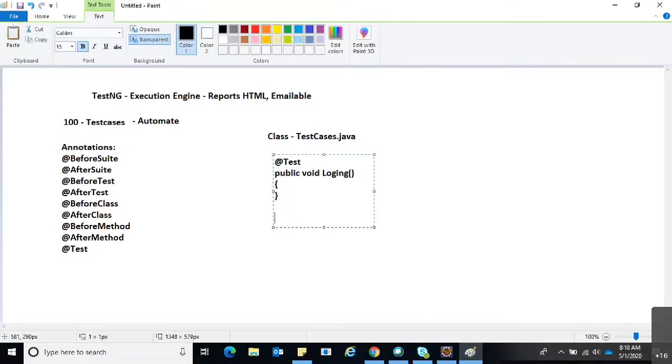This is the first test case. @Test, public void home page verification. This is the second test case.